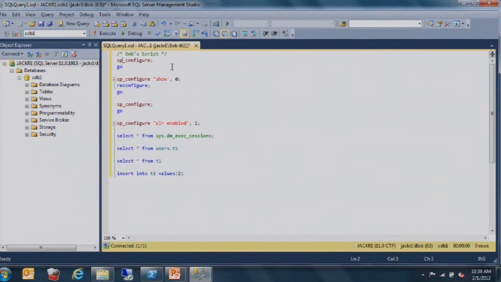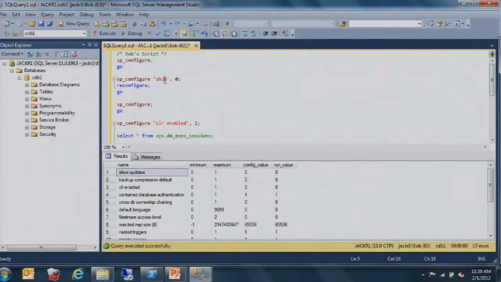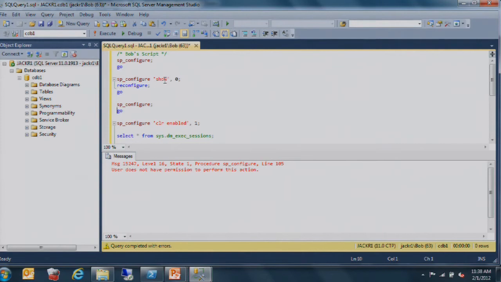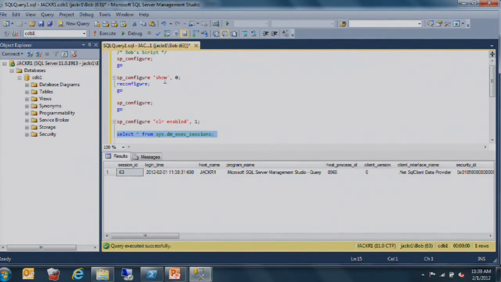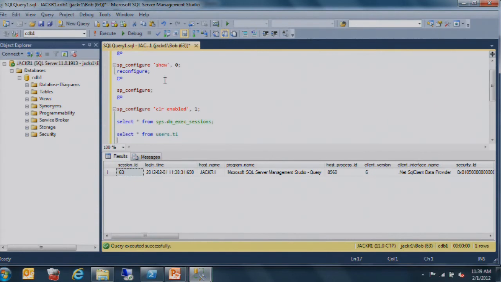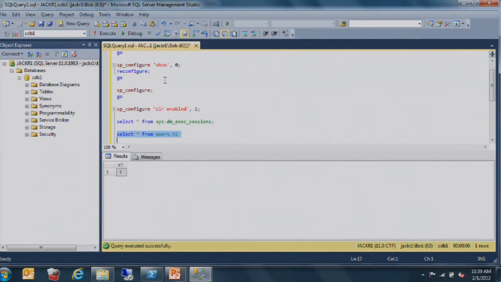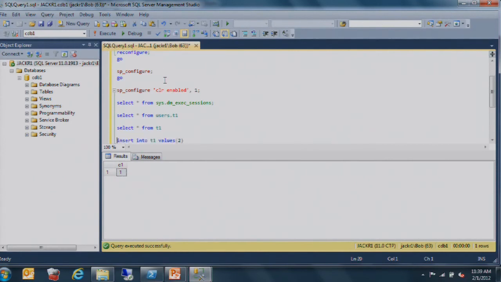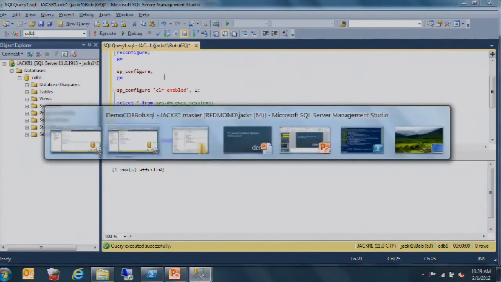But within that database, I can attempt several things. I can try and execute system procedures, and anything that's allowed to public users, I'm allowed to do, but I cannot, for example, change settings. If I try and query sessions, all I will see is the accounts I have access to, because I'm a contained user. I can look at the table I have access to, I can insert values, and do everything that was intended. While keeping that connection open,